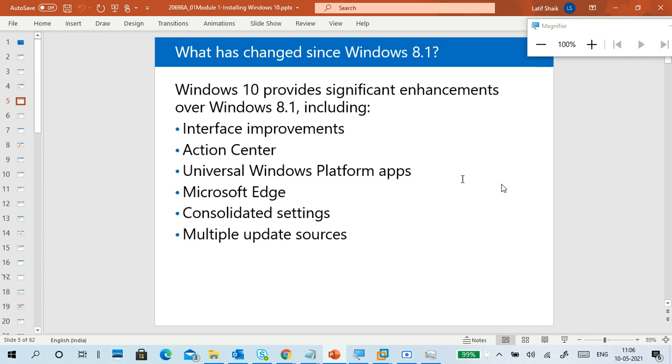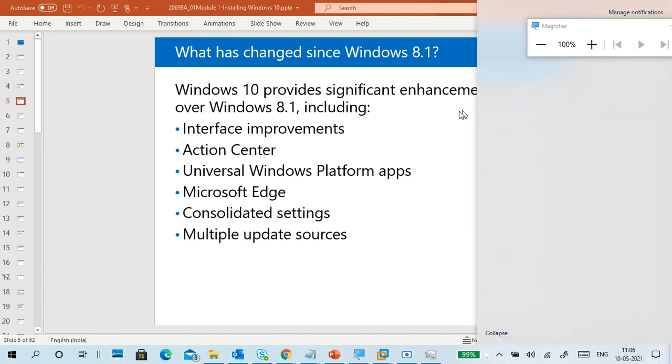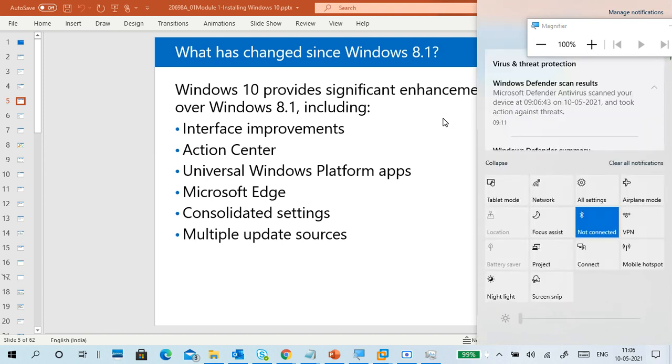Okay. Action Center is like this one. When any notification occurs, it will display the notifications here, and it can also control certain things in the Action Center, like tablet mode. I can convert this normal desktop mode to tablet mode. You can keep it in airplane mode, network connection settings, VPN, projector connections.